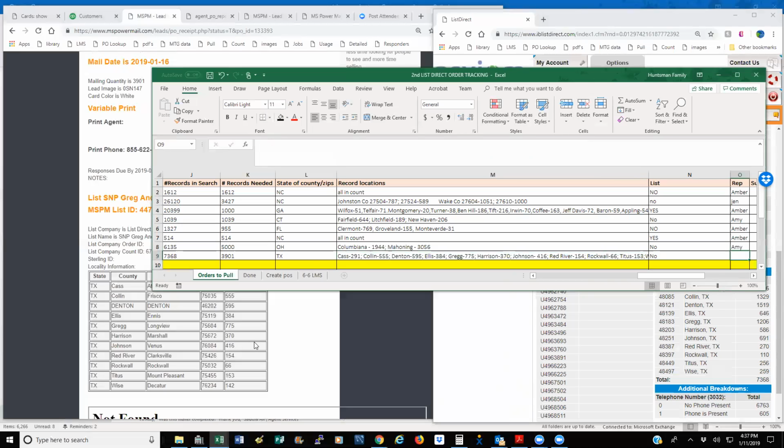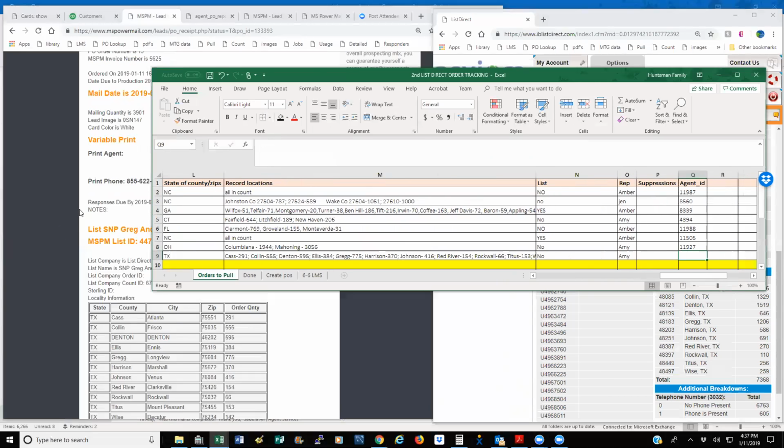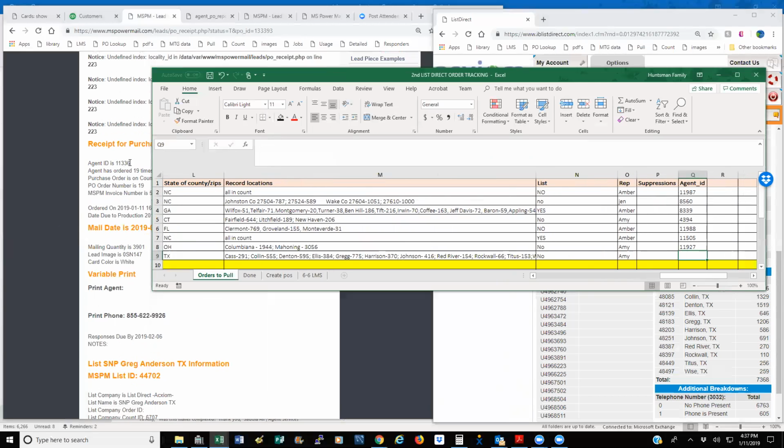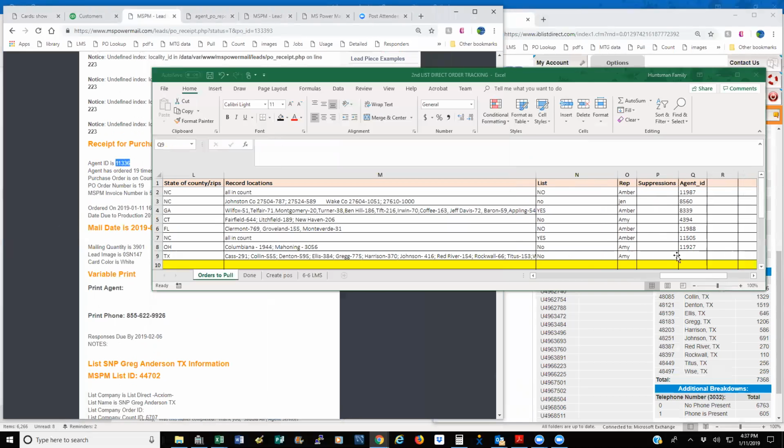We do not need the mailing list from this. I'm going to put it in case he has any questions. And the agent number is 113. The reason we put that in there is for when I go back in and populate the maps and make the LMS work. Okay, so that's how we put in an order